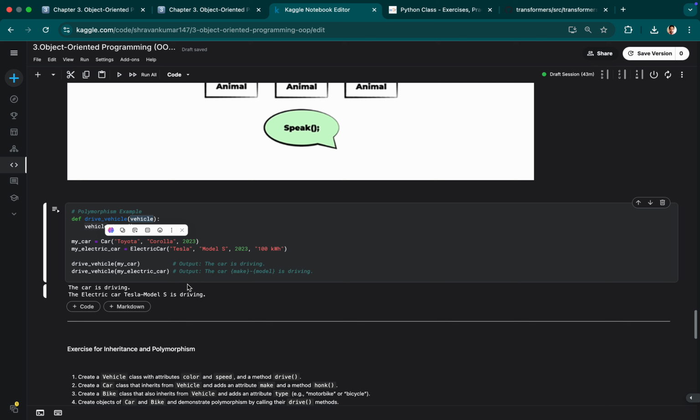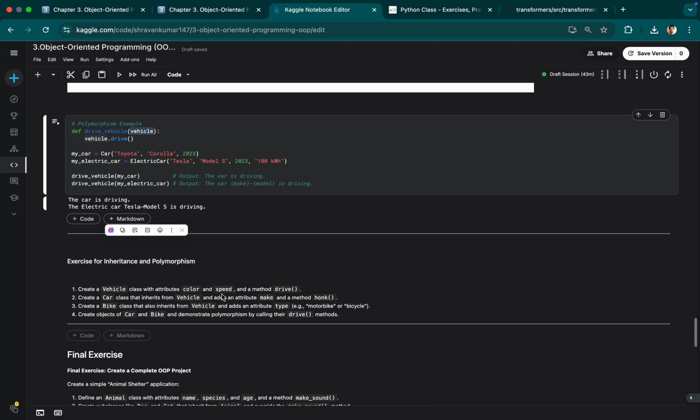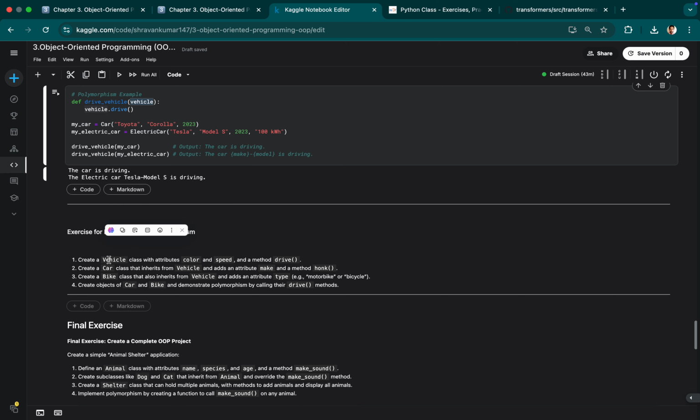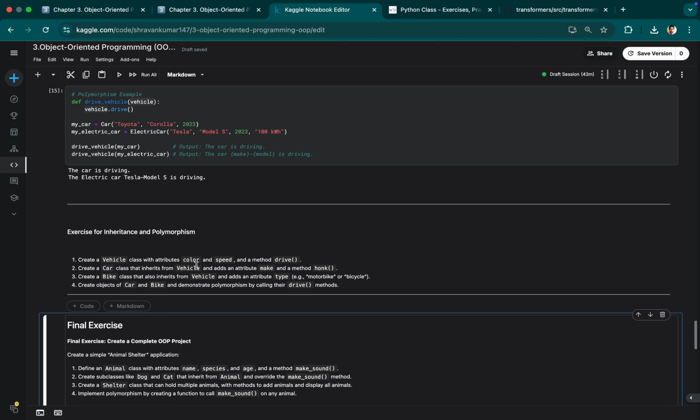So understand this idea and try to use it wherever it fits, right? So that's polymorphism. And for exercises that you want to try: create a vehicle class with attributes color, speed